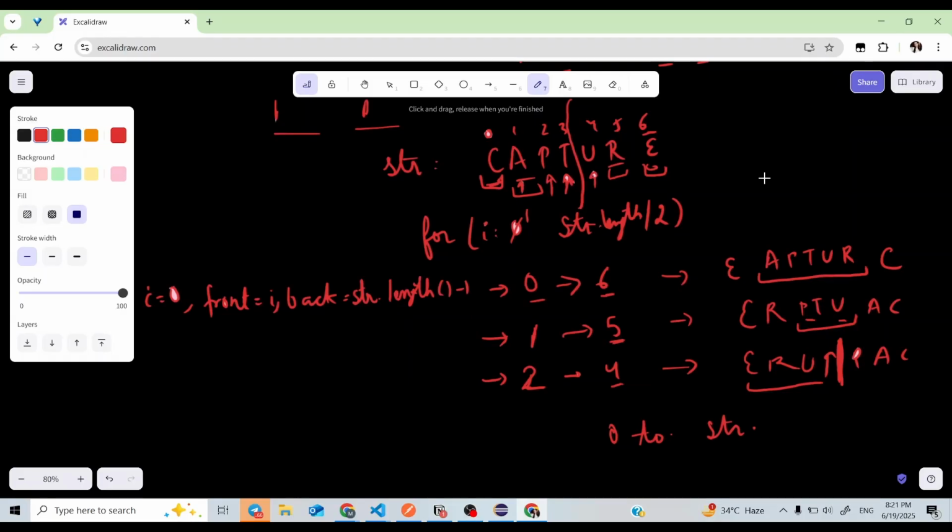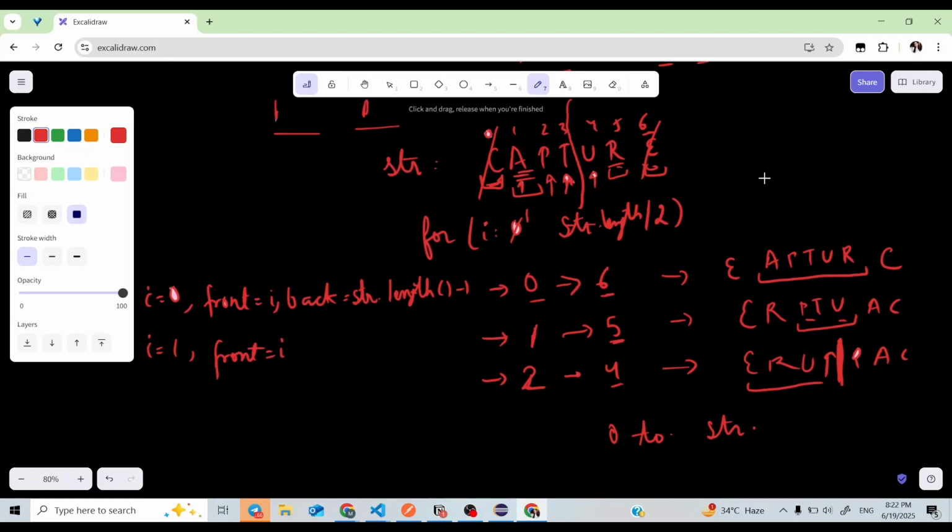And after swapping, let's come to the second iteration, i equal to 1. Here I have done with C and E. I want to exchange A and R. Here my front will be 1, that is this A, so I can write this one as i only.